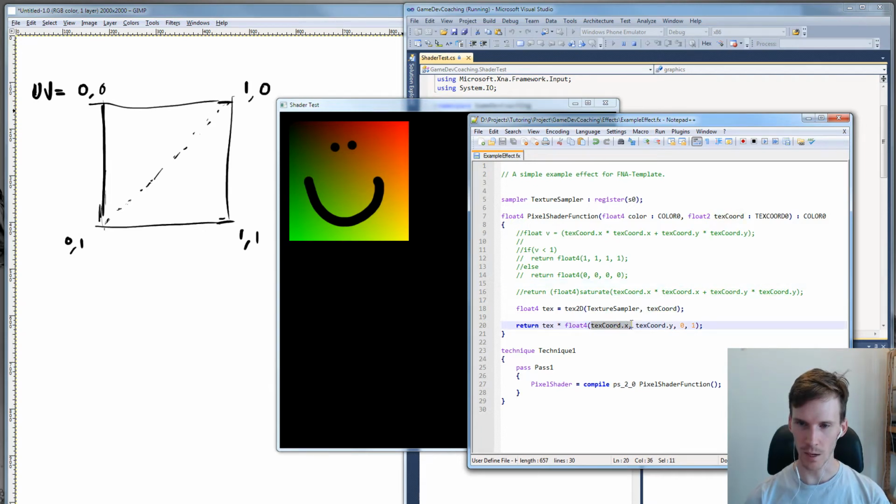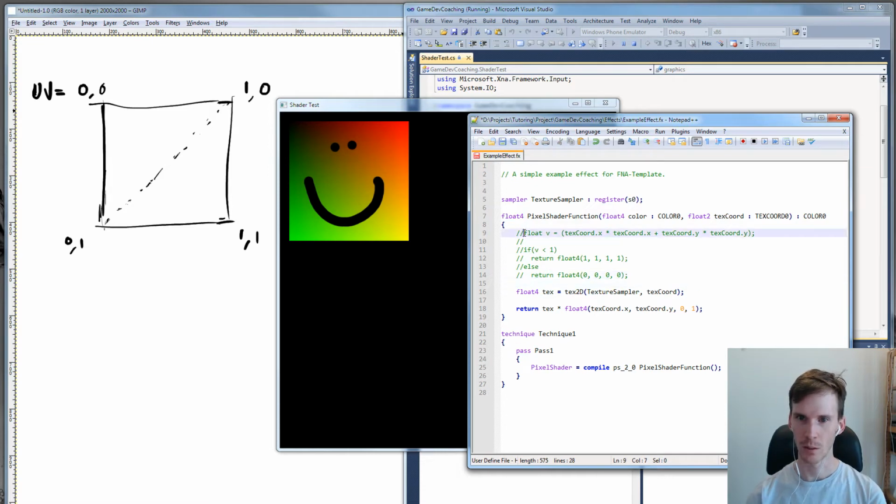I've set the blue channel to 0 so you can quite clearly see that the U coordinate, which is the X coordinate of the texture coordinate, goes from 0 to 1, which causes the red to go from 0 to 1 as you go horizontally, and the green to go from 0 to 1 as you go down vertically.